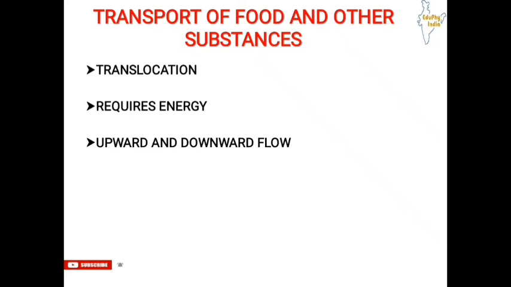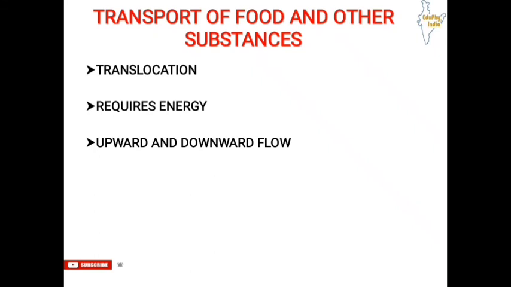Now we will see how food and other substances get transported from leaves to other organs of the body. So what comes under food and other substances? Food is basically the product of metabolic processes, particularly photosynthesis, and other substances include amino acids and other building materials which are required for the plant. This transport of food and other substances occurs by using phloem tissue. As we have seen xylem tissue, there is phloem tissue for the transport of food and other substances.